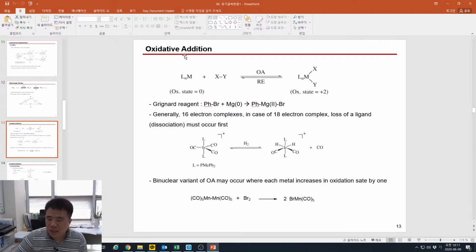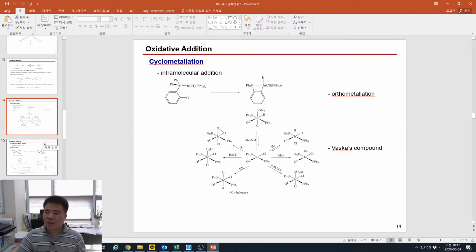The reverse concept is reductive elimination. During reductive elimination, the oxidation state is decreased and elimination occurs, so we call it reductive elimination. So now we are talking about oxidative addition. The first case